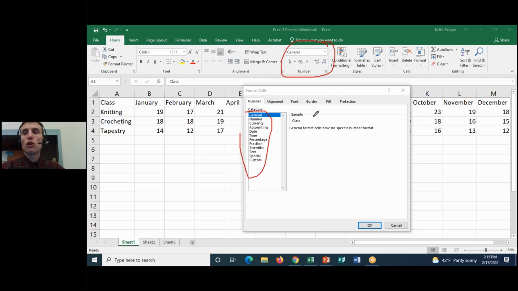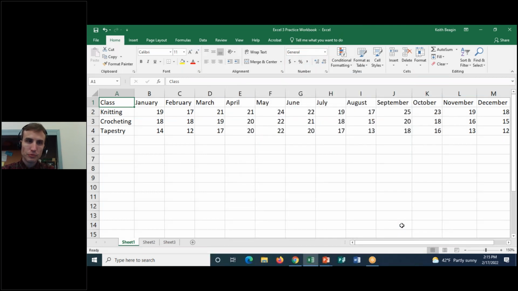Sometimes these dialog boxes also contain extra tools that are not in the ribbon at all. So sometimes we prefer to use these dialog boxes, and sometimes we have to use them. At the moment, I don't need it, so I'll go to the bottom right-hand corner and click on Cancel to close it. Now, also remember that in the upper left-hand corner of your ribbon is your Quick Access toolbar